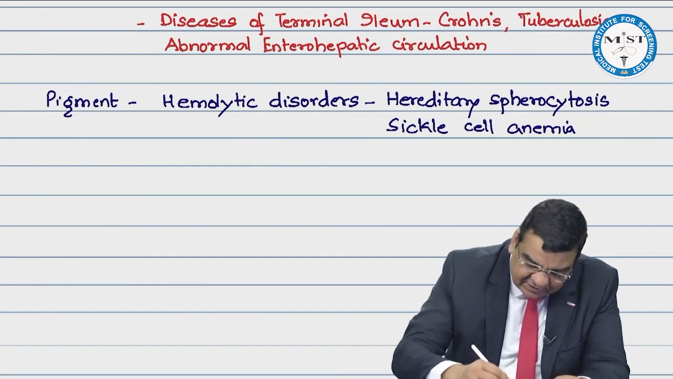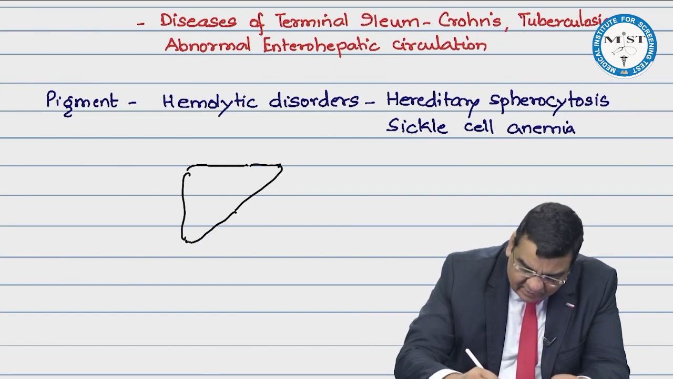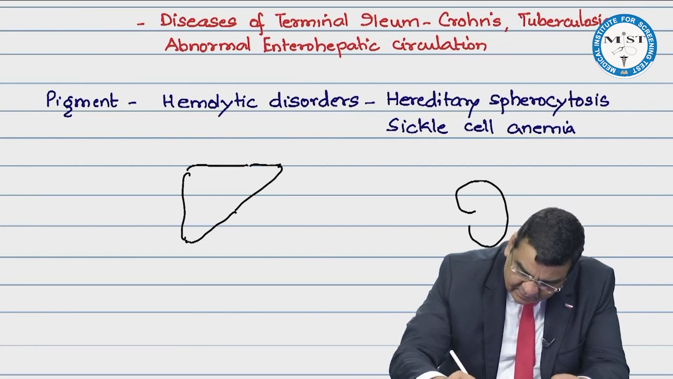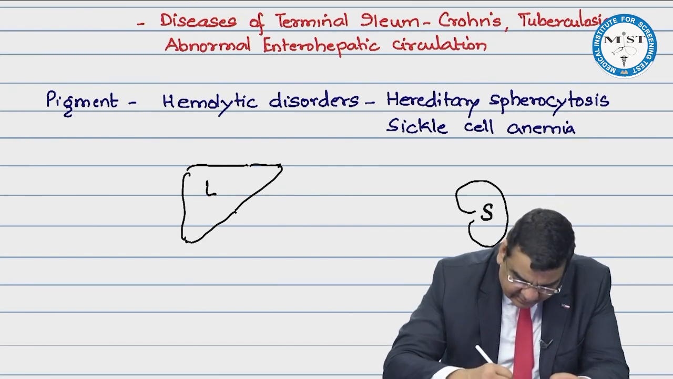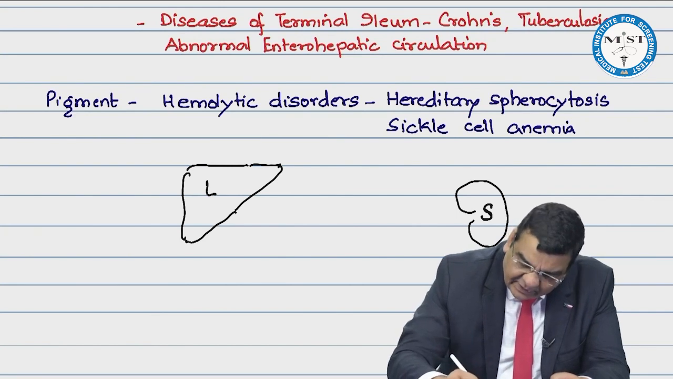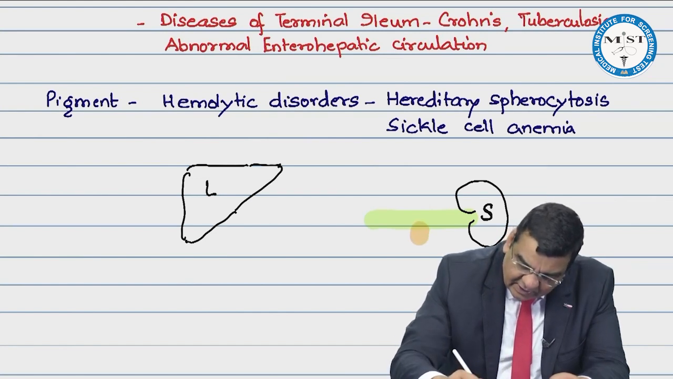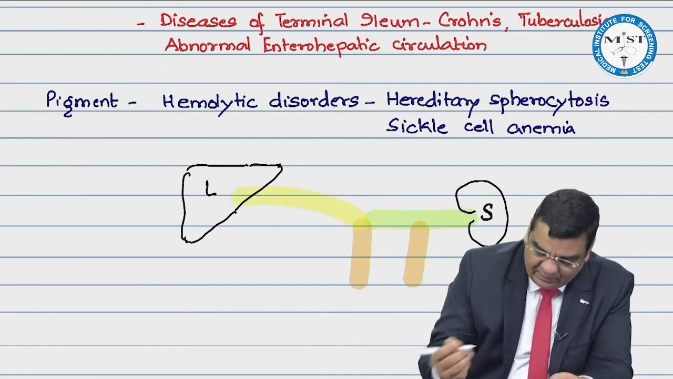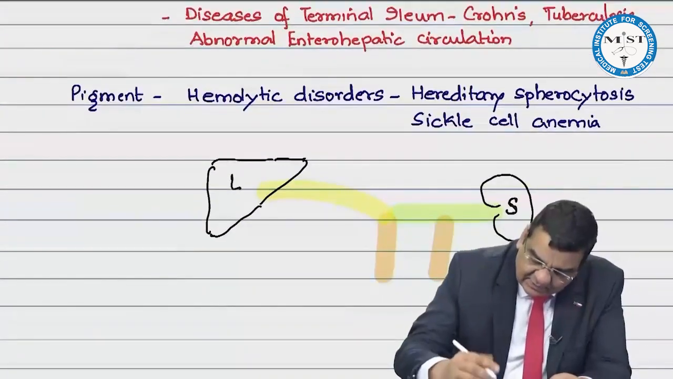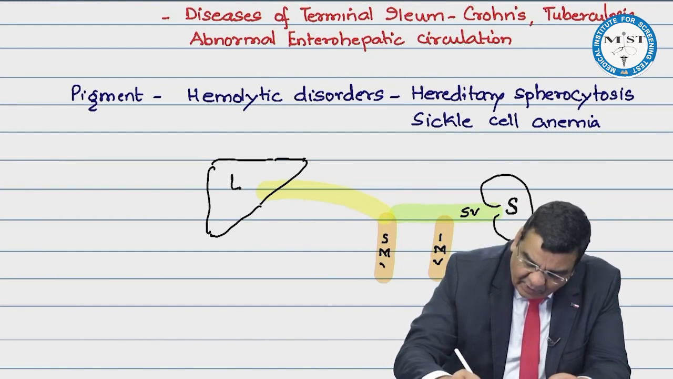My dear friends, I would just like to revise the basic anatomy here. For example, if this is liver and this is spleen, now here comes the splenic vein. The splenic vein joins the inferior mesenteric vein. The splenic vein joins with the superior mesenteric vein to form the portal vein. This is the splenic vein, this is the inferior mesenteric vein, this is the superior mesenteric vein, and this is